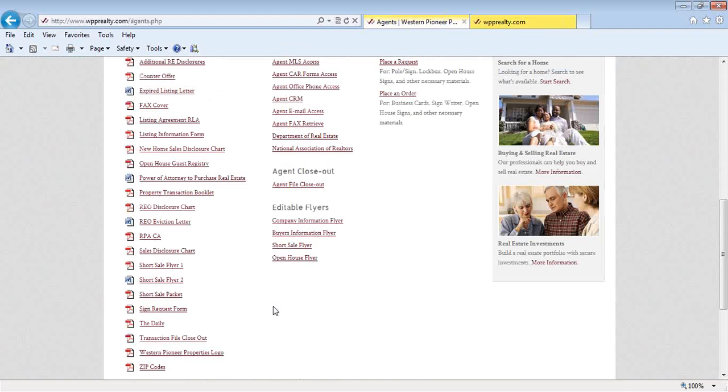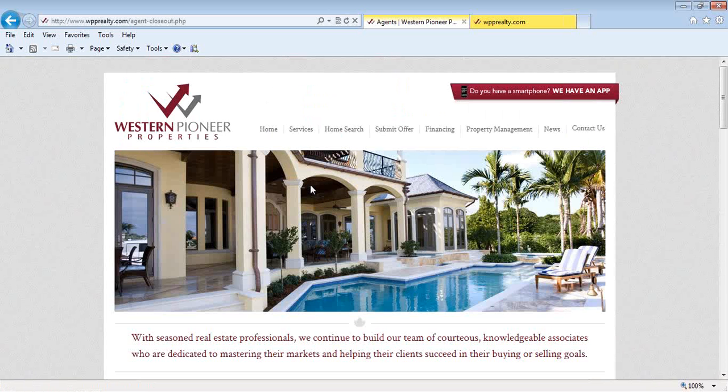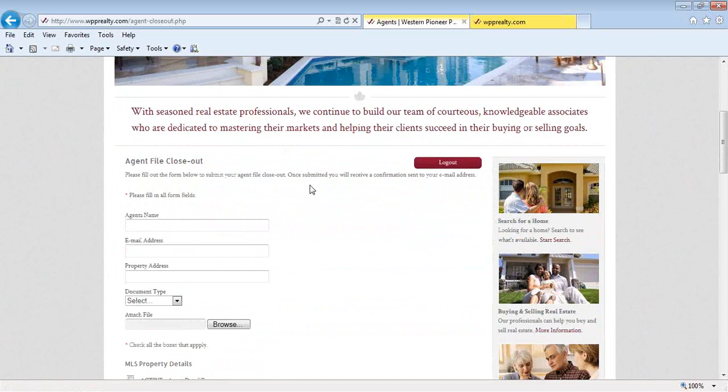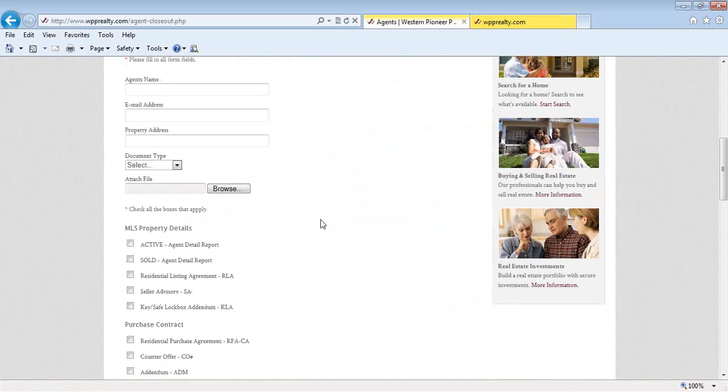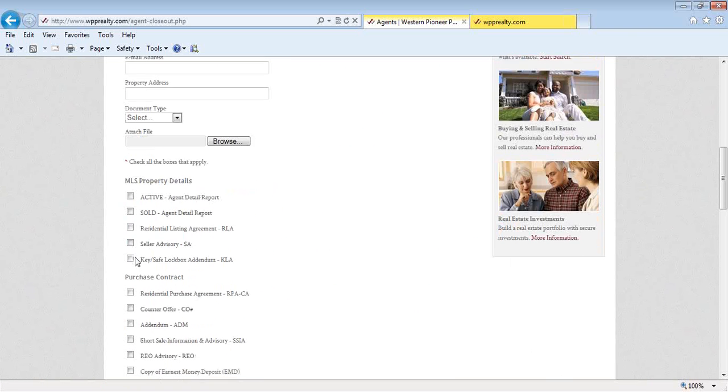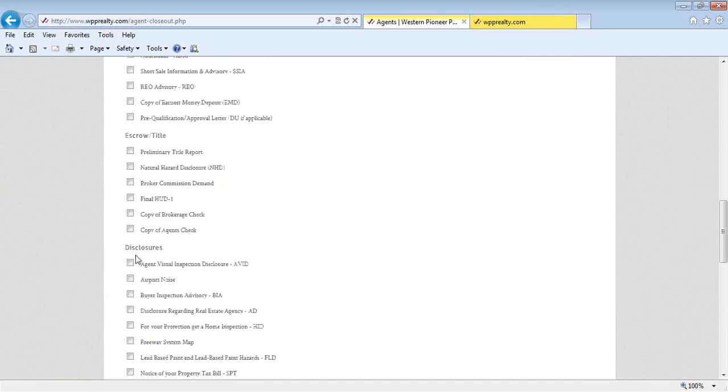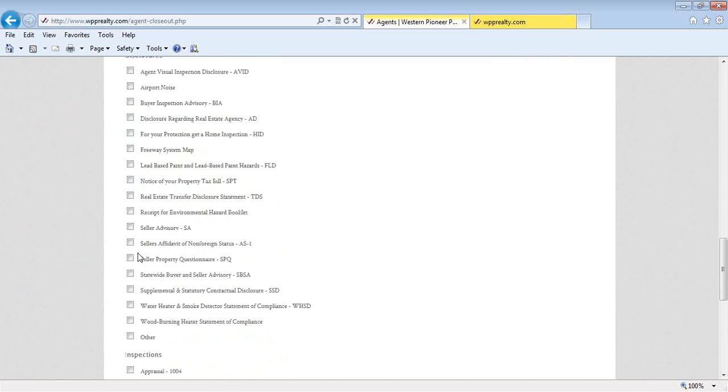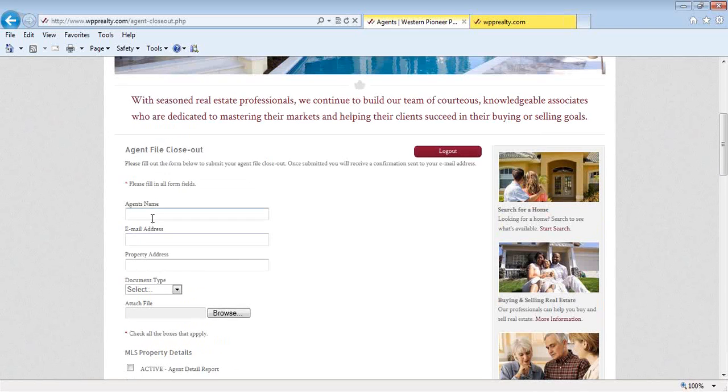And you will see that that same transaction file closeout is duplicated pretty much here when we click under Agent File Closeout. And what I mean by that is when you upload your file in one easy attachment here, you're also going to check off what you are attaching. Okay? So I'm going to go through this really quickly. Agent's name, for today's purposes, I'm just going to go ahead and put myself. Email address. I'm going